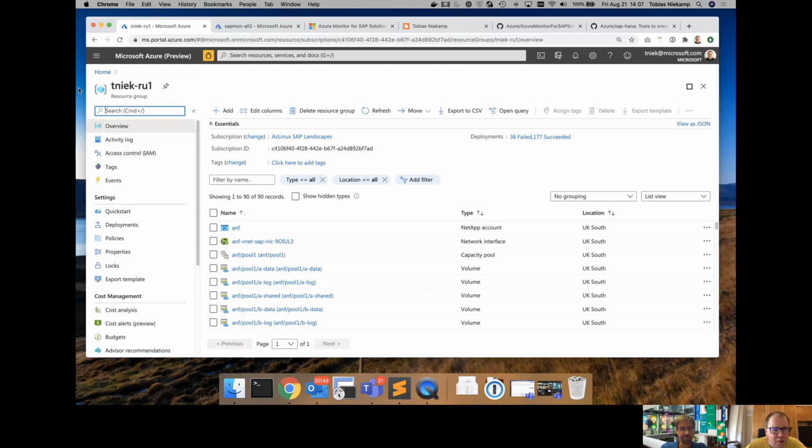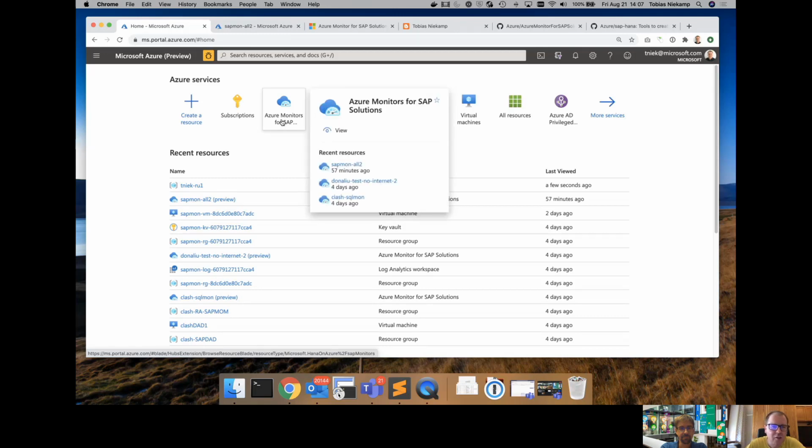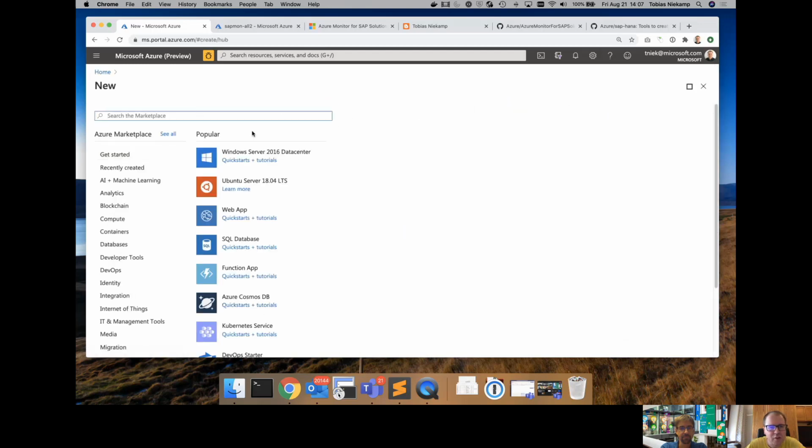Okay, just wanted to show you this. For the sake of this example, I just want to quickly show you how you would deploy an Azure Monitor for SAP Solutions. You can do that by clicking create a resource, which takes you into the Azure Marketplace.